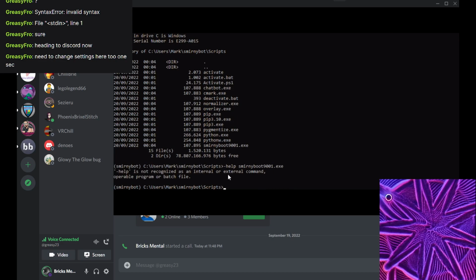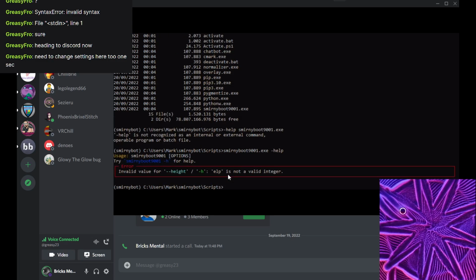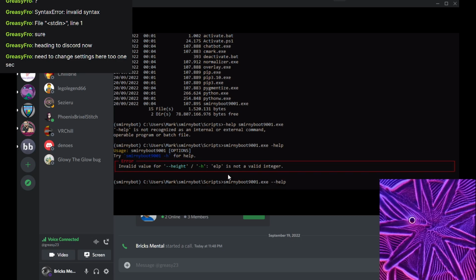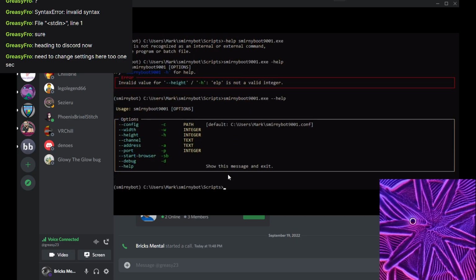It should give you an error if you just call it because you don't have a config file. I think you need two dashes before the help. Oh, and look at this! I found the first bug. It told you to try smernibot -h for help, and that is not correct.